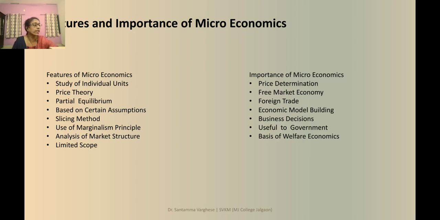Third one is foreign trade. Microeconomics helps in explaining various aspects of foreign trade, like the effects of a tariff on a particular commodity, and the determination of the exchange rate of the currencies of any two countries, and gains from international trade for a particular country. So when we study individual prices, where are the products going? What is the level of the product? What is the quality of the product? And if the quality is good, then we can go through different trades, internationally and nationally.